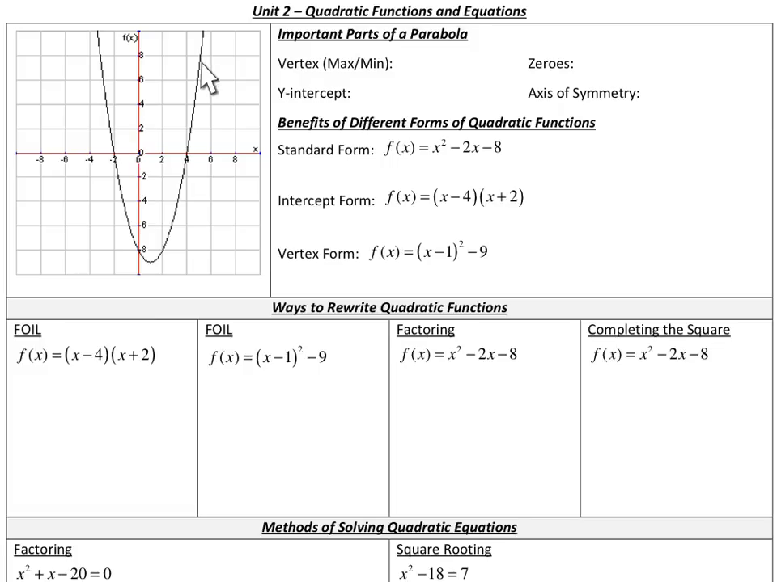Now, looking at this graph, you have these four terms we need to talk about. What are these terms? What are they each? Does anybody know what any of those are on this graph? Someone noticed that your zeros are right there. So these right here